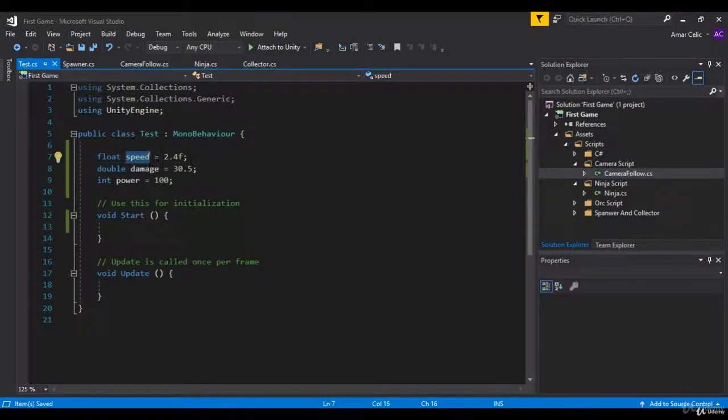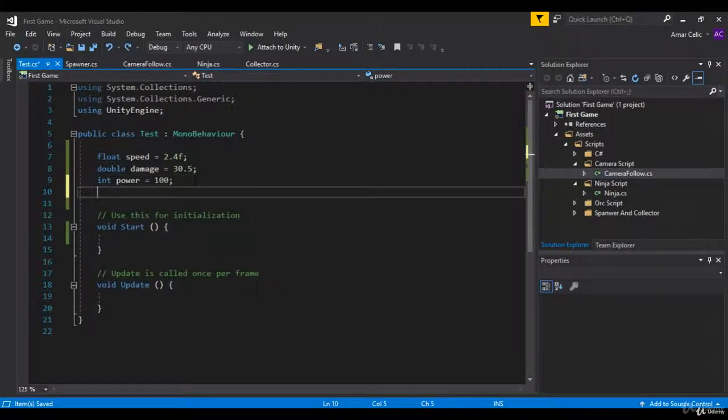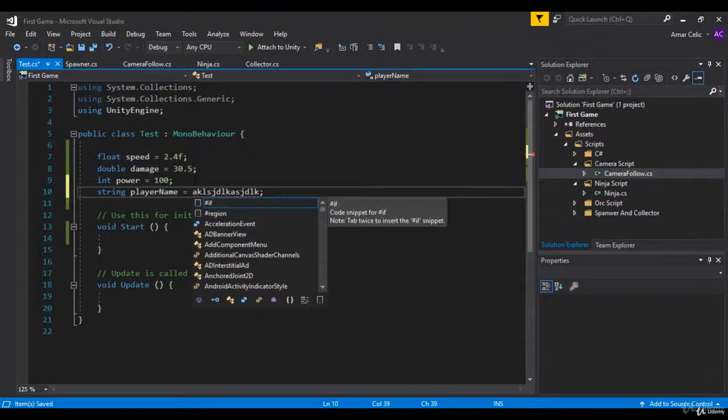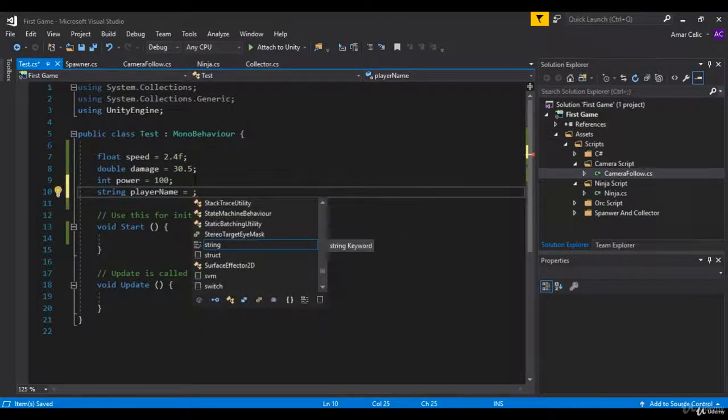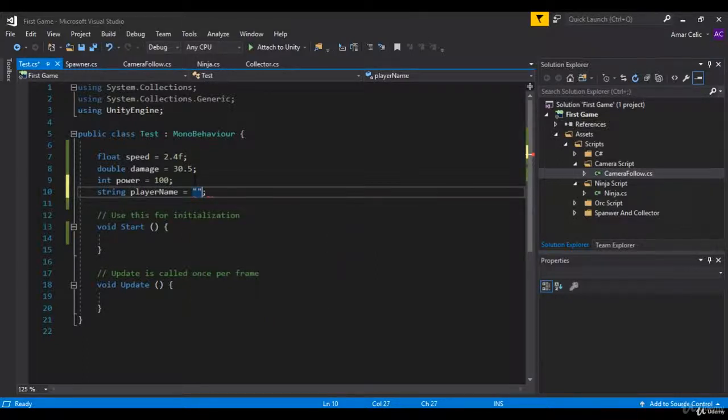So right now I'm just gonna undo whatever I did so we can see float speed. Next thing I want to talk about is a string. So what is a string? Well, first you type in a string, then we say player name, and now we can use characters. But we cannot use characters just like typing like this, we need to put them in quotes. So put quotes and type anything you want between